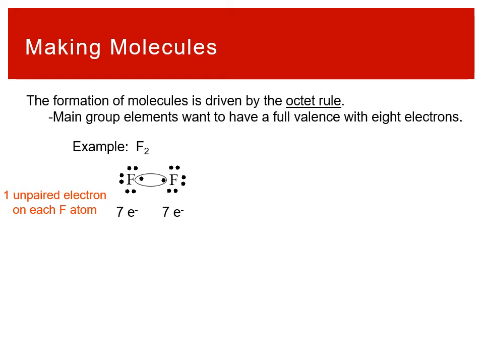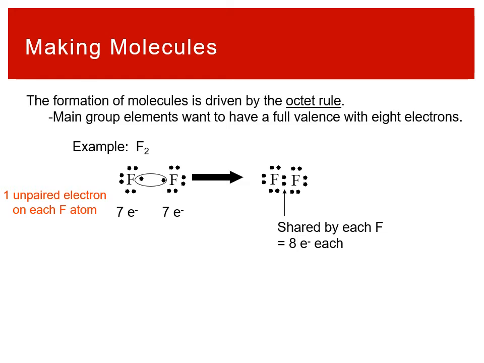And so what can end up happening is we can also see they only have 7. They each need 1 more, so they can share that pair of electrons. Once they share it, there are now 8 electrons total for both atoms, because basically neither of them in the process of sharing has lost an electron, but they both have gained 1, giving us 8 total electrons. This is the idea we said that only non-metals form covalent bonds, because you're just gaining electrons functionally towards that